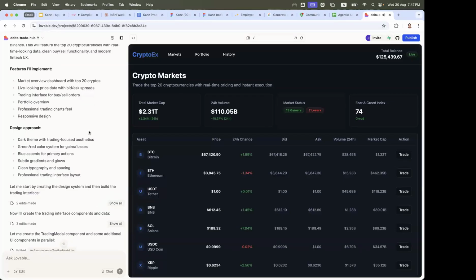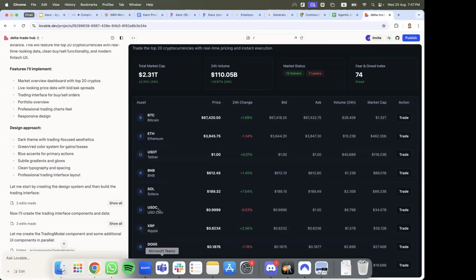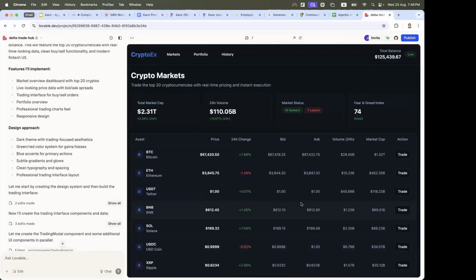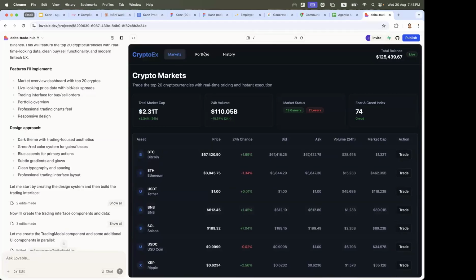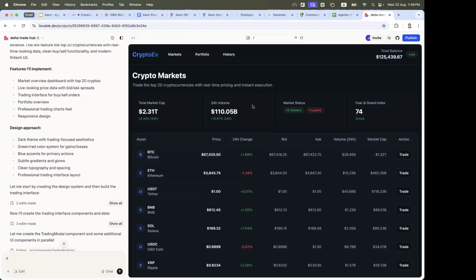But let's take a look before the call. So let's take a look here at this crypto market exchange, Bitcoin, Ethereum, USDT. So it did its own research to identify the top 10 bid, ask, volume, all this done in no time. Markets, portfolio, history. So nothing's been built. And now you can tell it, okay, populate the portfolio by doing this and that. Populate the history, showing my trade histories. And then, where do I start to trade here? You have to go ahead and ask it to do these things. This is a bottom-up approach. You're telling it what to do from the start.